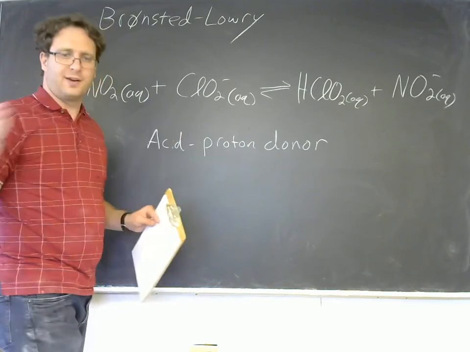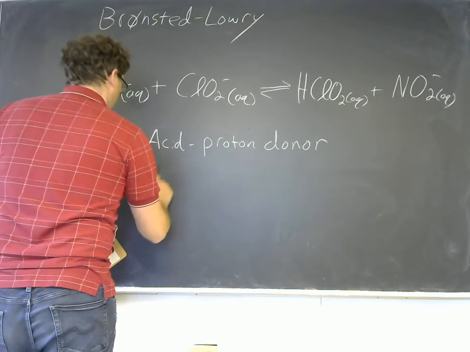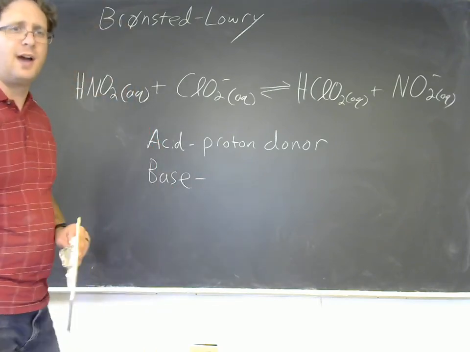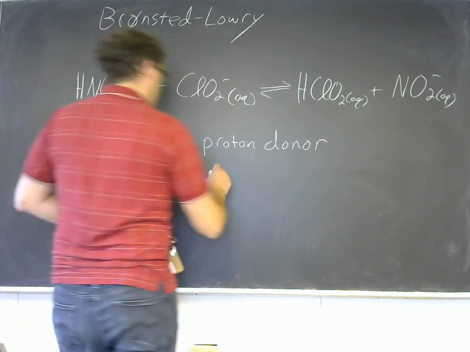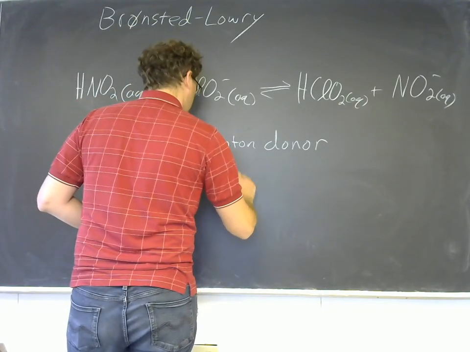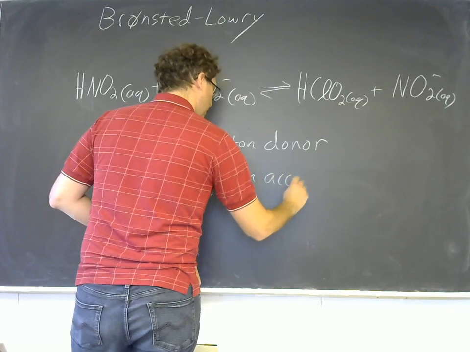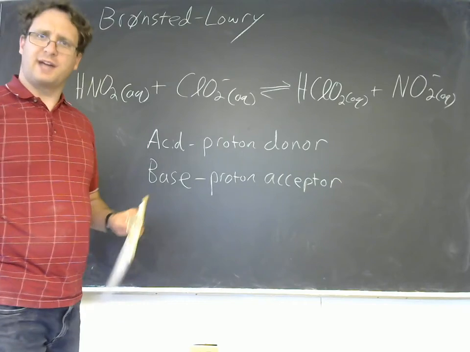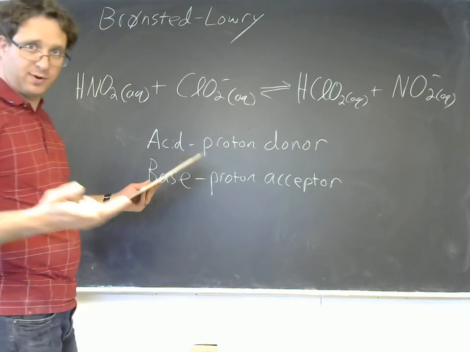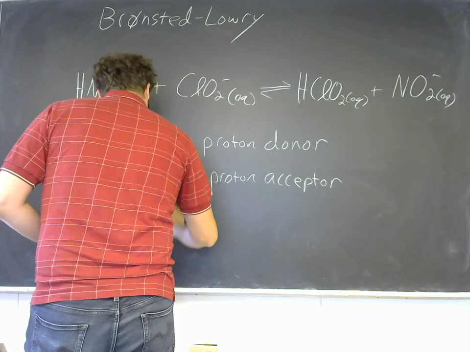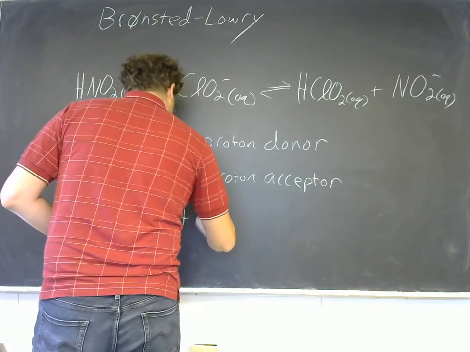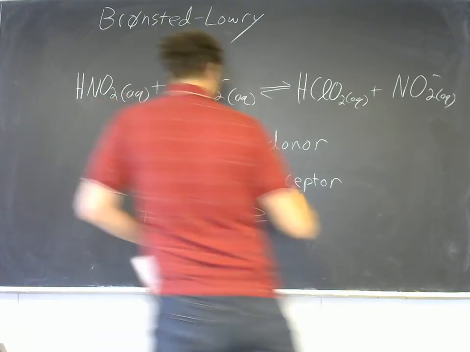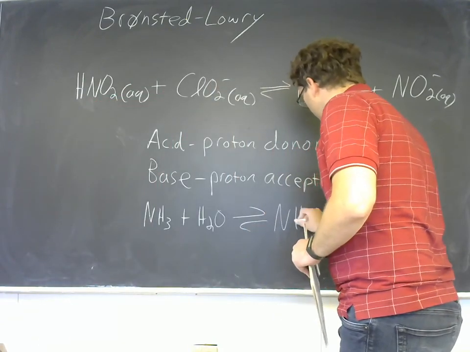The really great innovation for Bronsted-Lowry theory is in framing bases in terms of protons as well. Hydroxide doesn't even make an appearance here. A base is a proton acceptor. So let's go back to an example from the last section. Ammonia, NH3, was a weak base. NH3 plus H2O was in equilibrium with NH4 plus